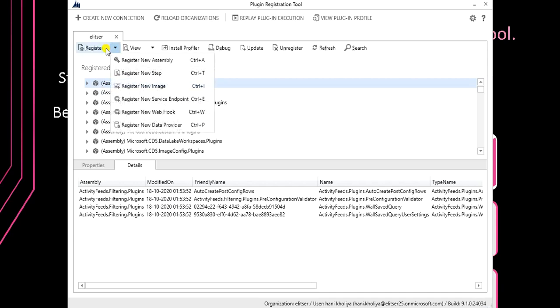So like here, click on register new assembly. This option is required when we want to register a plugin. Registering a plugin inside an assembly is important, then only we can proceed with other steps. And I'll let you know about other steps also, but mostly as the question is related to assembly only. So once I click on assembly,